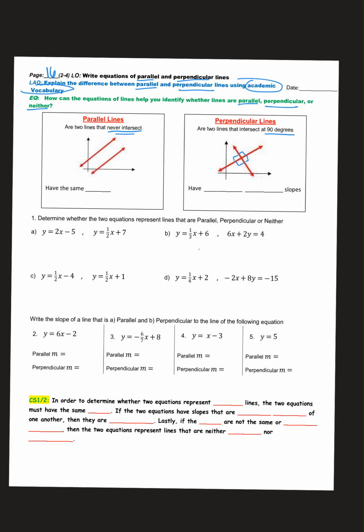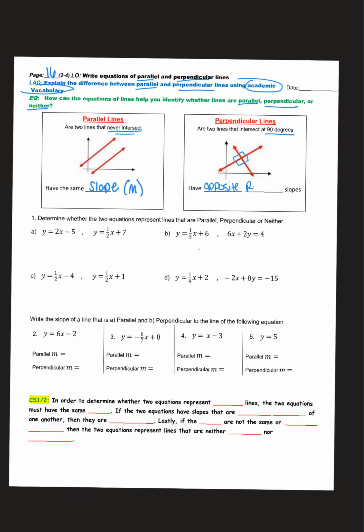So there are some specific things about parallel and perpendicular lines that will help us identify whether lines are parallel or perpendicular without even having to graph them. Parallel lines have the same slope. So if you are given two equations with the exact same m term, because remember slope is m, then they are parallel. Now perpendicular lines have opposite